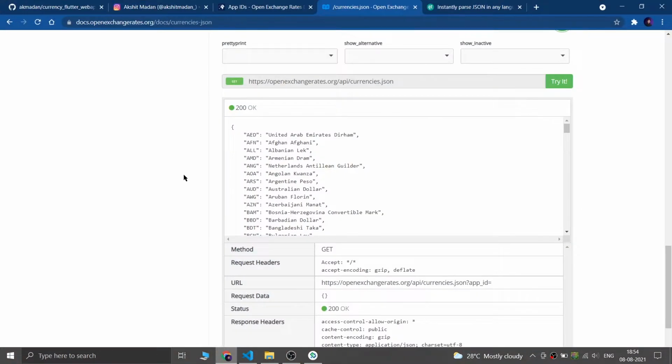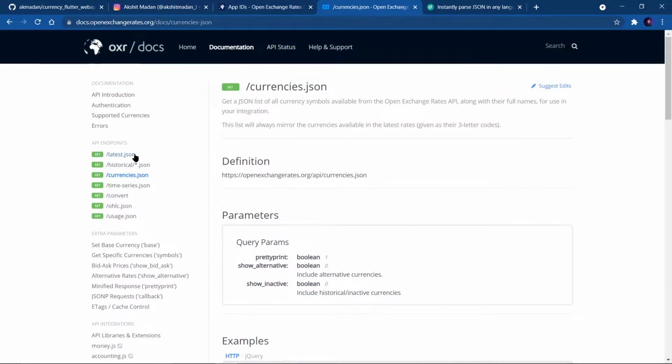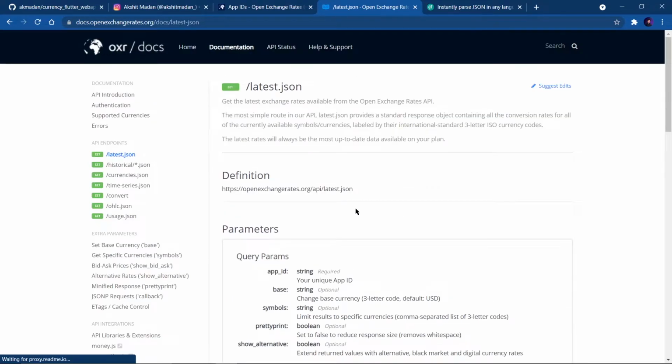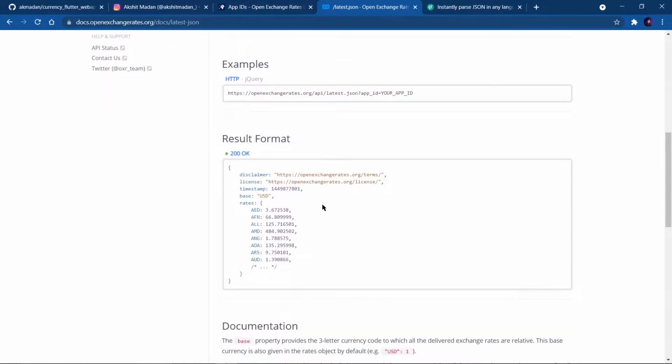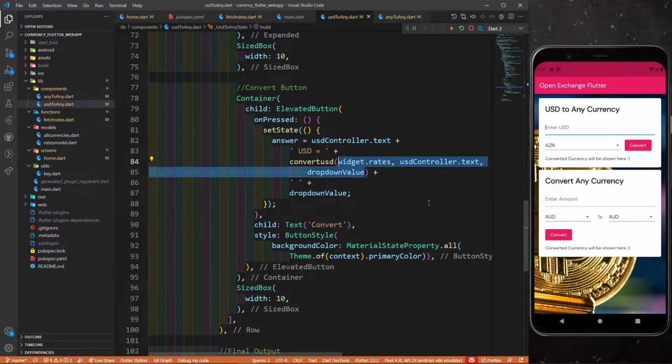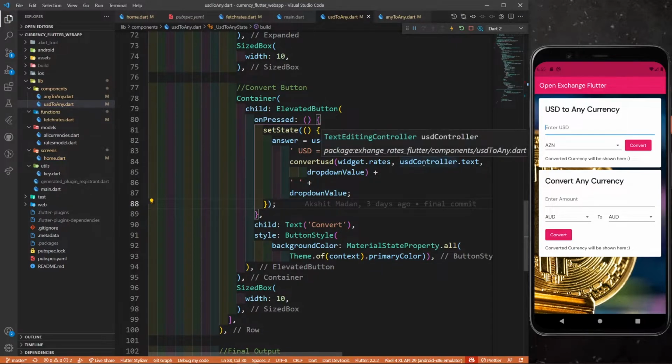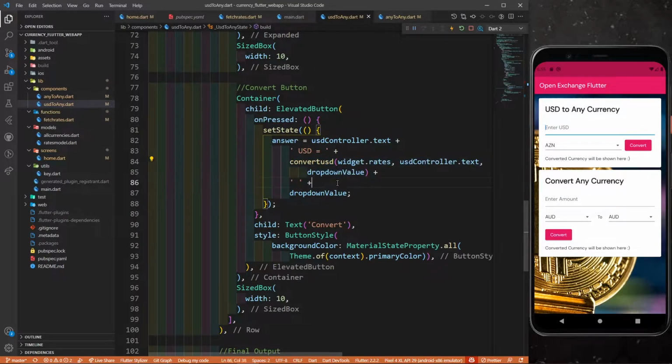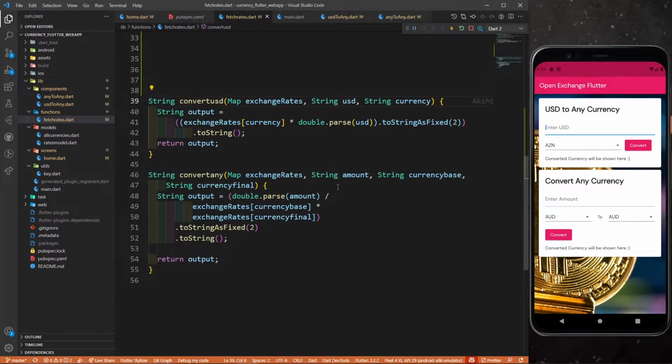If I just show you, I am calling this latest.json and it is returning me all these rates. Perfect. You can see all these rates are there. So widget.rates, USD controller.text, that means this text, and dropdown value, that means my final currency. These are the parameters that I'm providing to this function. So let's go to convertUSD.